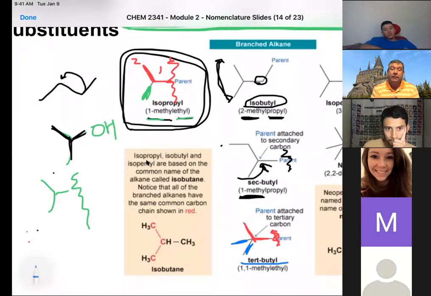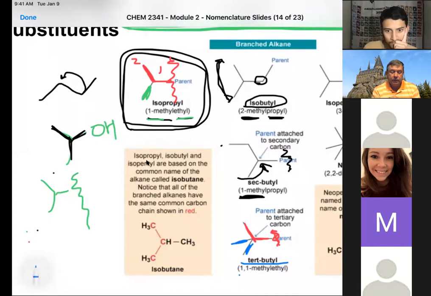What you can think about is that the carbon that is attaching to the parent chain is now a tertiary carbon before it attaches to the chain, because it has 3 groups already on it before it attaches to the chain. The sec-butyl was a secondary carbon before it attached to the parent chain. That's one way to remember it. So the T-butyl, tertiary butyl, its IUPAC name is 1,1-dimethylethyl. Okay, so are you starting to see the system here? And I know at least a way you can remember the different branched hydrocarbon common names.